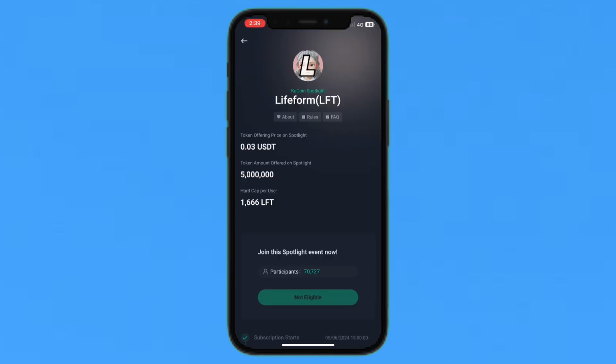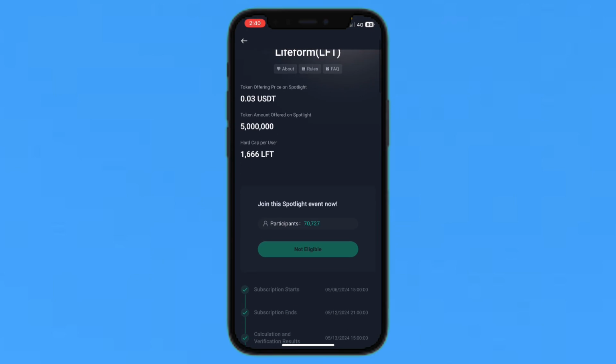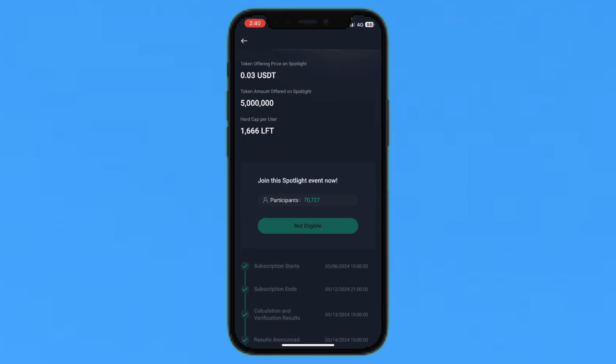The token offering price on Spotlight is 0.03 USDT. The token amount offered on Spotlight is 5 lakh USDT. So you can join this Spotlight even now. And here are the participants,